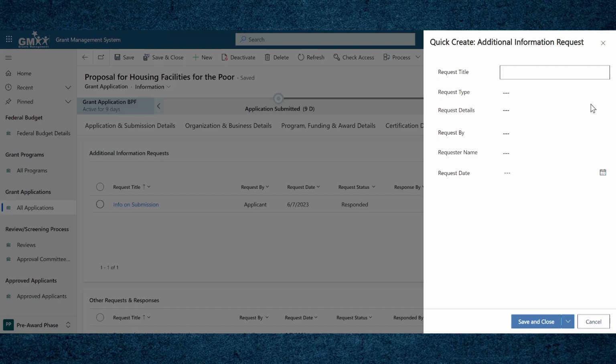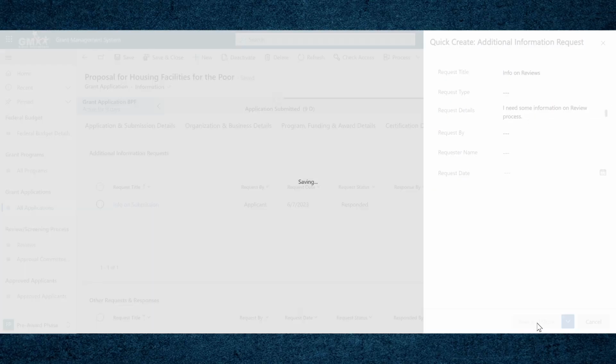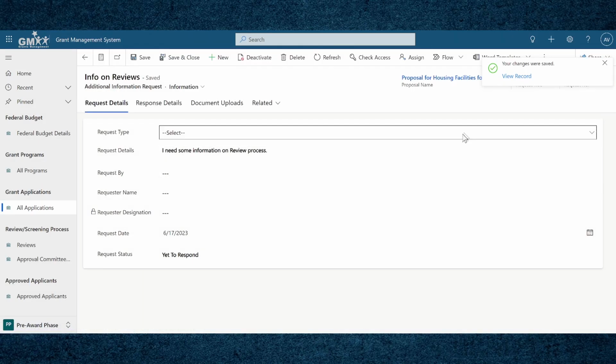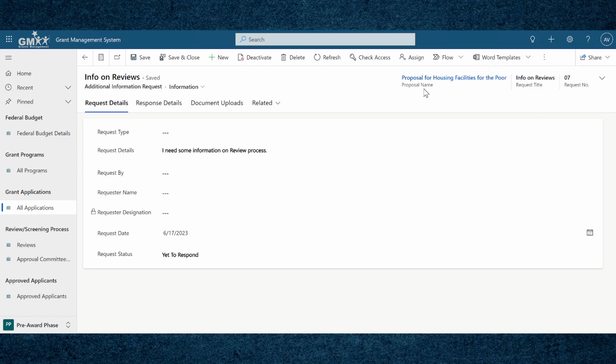Now request by. You can see this field request by, and I chose applicant. Apart from applicant, I have other options like grantee, awarding agency, funding agency, awarding supply agency, cognizant agency for audit, etc. The reason why I have other options here, even though it might not be applicable from an applicant's perspective, is because this is an option set that I would be using in multiple places. Once the proposal becomes a project, there'll be a lot of communication moving to and fro between the grantee and other agencies like the funding agency or the cognizant agency for audit, etc. So I've just created one choice field for the same, which includes all the various agencies who would be involved in the grant making process.